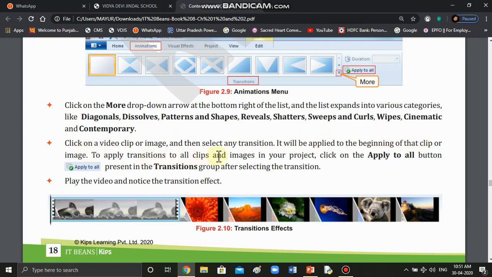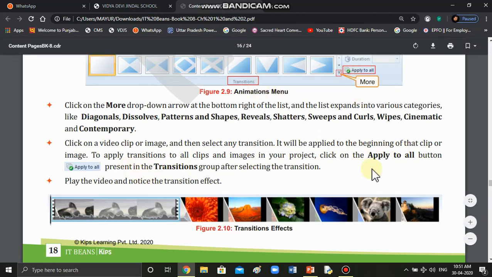To apply transition to all clips and images in your project, just click on the apply to all button, which is present here in this transition group. After that, play the video and notice the transition effect.